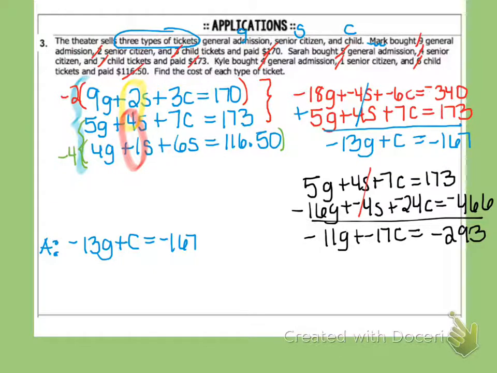And that becomes equation B, because what's remaining has just G and C, and that's what my equation A has as well. So I'm going to rewrite that down here, and I've got my new two-variable system that I can start then focusing on to find those two variables in the methods that we learned